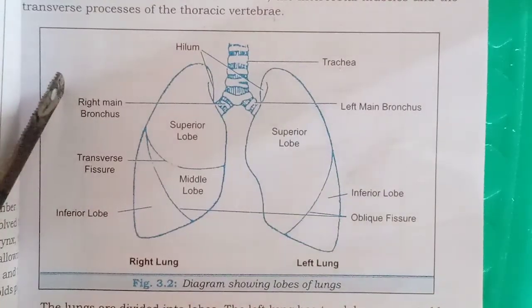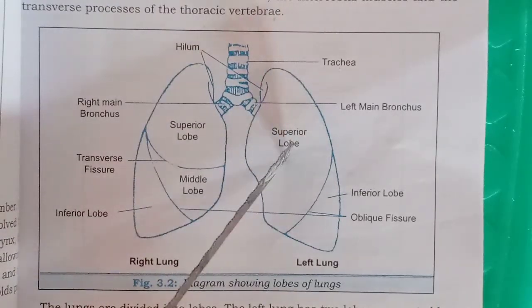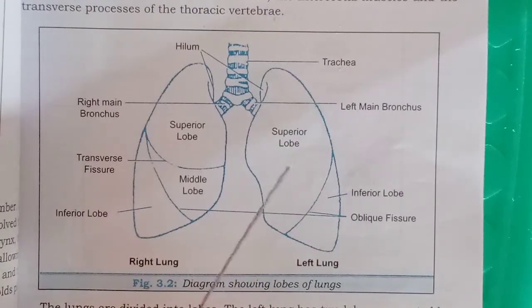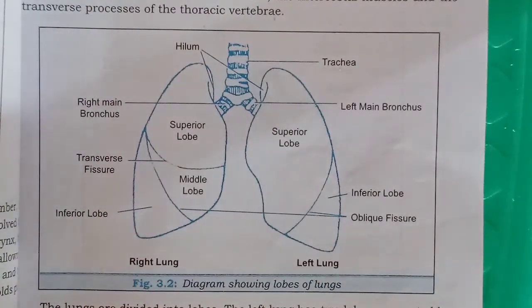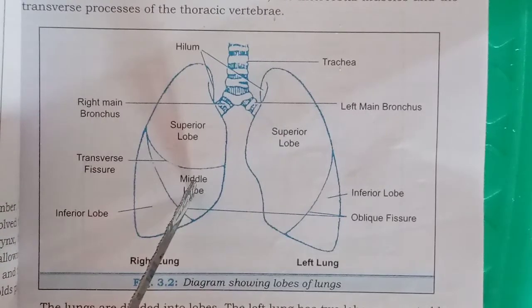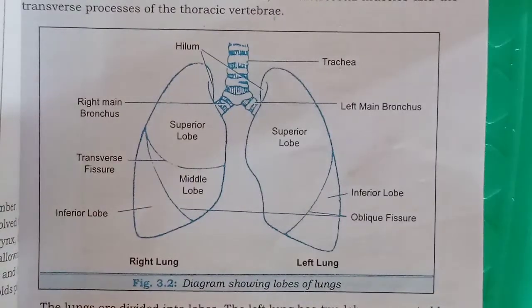What are these composed of? They are composed of muscle and fibrous elastic material. Why elastic material? Because during respiration the lung will expand and contract. That is why it is elastic. Then we have the bronchioles. You can see the bronchioles here in between. The bronchioles are composed of fibrous materials, which will be helpful. Then here we have the superior lobe, middle lobe, and the inferior lobe. These lobes help in the expansion of the lungs during respiration.